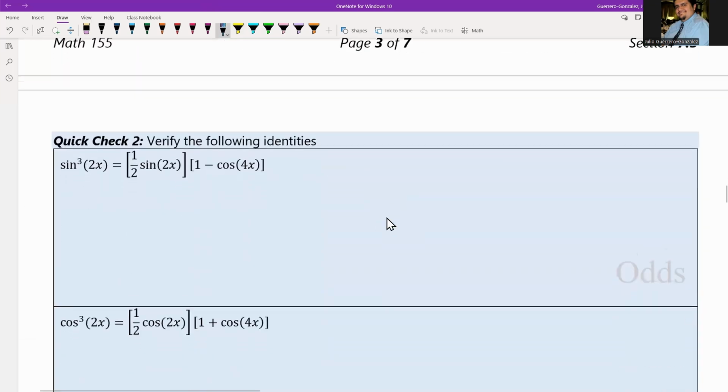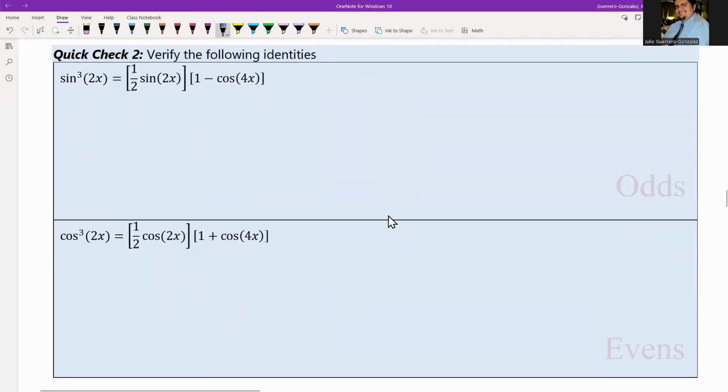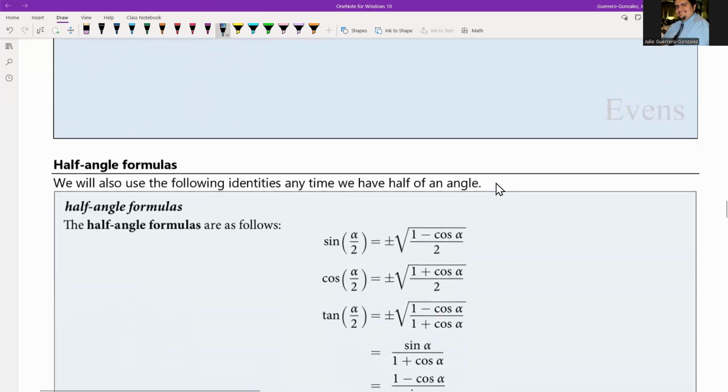Coming up, some more proofs verifying the identities. Okay? It's not bad. You guys saw what I did, right? Just follow along with everything that's already in the examples. Okay? Last set,